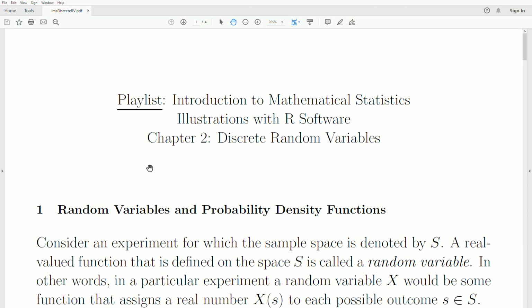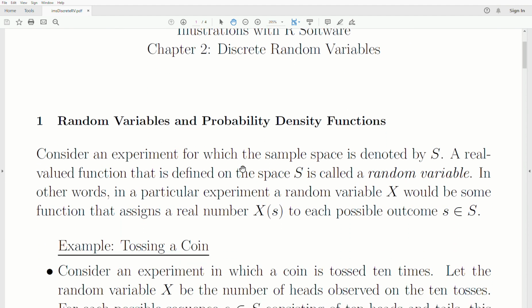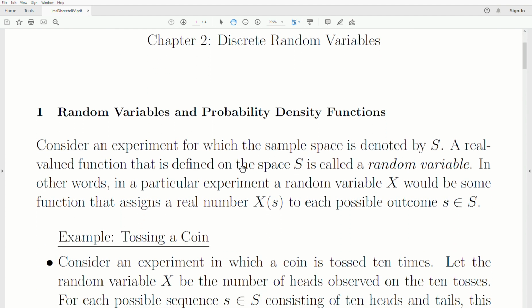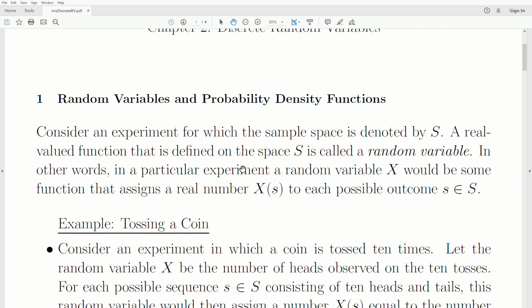Hello, this is the next video in a playlist that I'm calling Introduction to Mathematical Statistics, and we're in Chapter 2, part of this playlist that I'm calling Discrete Random Variables. And today's topic is random variables and probability density functions. Now, the first minute and a half of this video is so important and so overlooked when talking